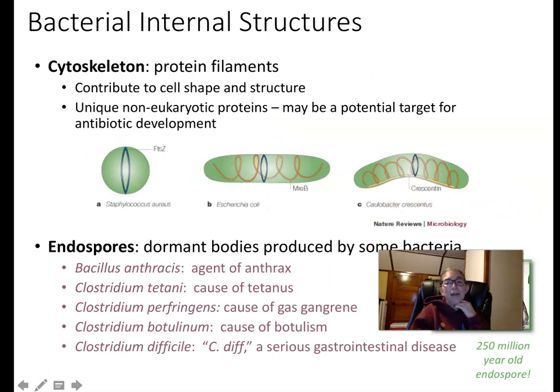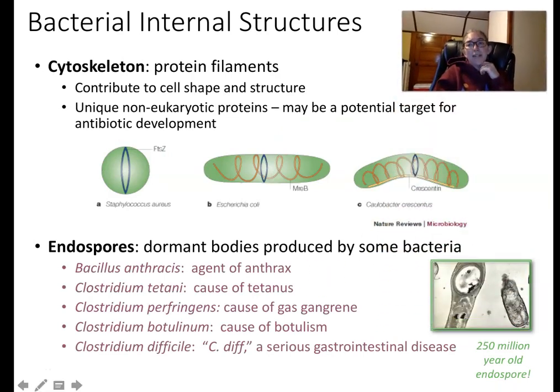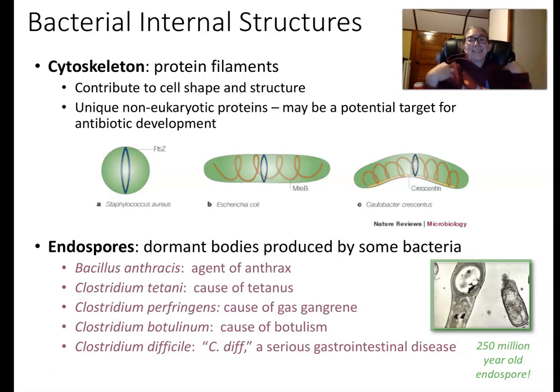And then the last important protein found in the cytoplasm is the cytoskeleton proteins. Our skeletons are made of bones. Bacterial skeletons are made of proteins, and they're not nearly as specifically structured as ours, but it does help them. The reason that a bacterial cell is a coccus or a bacillus, that shape is held in place by those cytoplasmic filaments. Another thing these cytoskeleton filaments are important for is cell division. When bacteria divide,